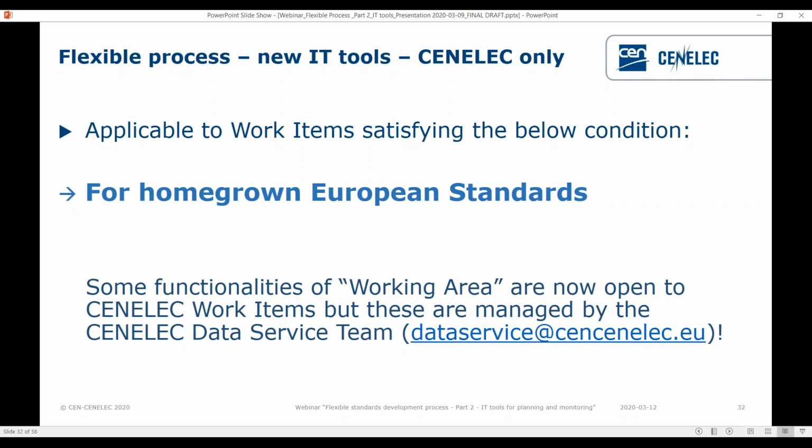And actually, the main difference between CEN and CENELEC is that in CENELEC, the working area features are now open for the work item, but filling in the working area plan is managed by the CENELEC data service team in CCMC. So the data team will use this tool, but not the TC secretary. So it will be the responsibility of the TC secretary to plan accordingly the duration of the project for each stage of the project and to communicate those data to CCMC in order to encode